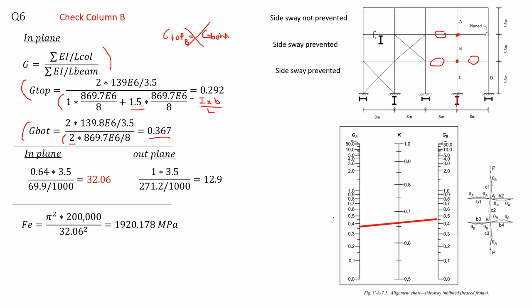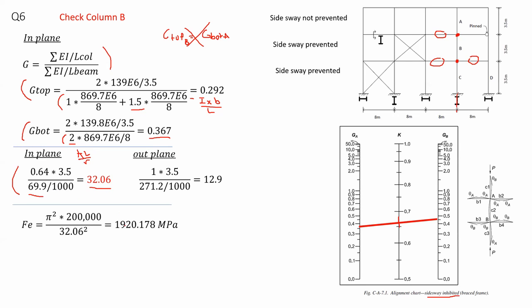Now, if we go to the alignment chart, but notice alignment chart of side sway inhibited, and plug in the values for G top and G bottom, you get your K value. Now, K value is approximately equal to 0.64. So when you substitute for the KL over R value for the in plane, since you found K value for the in plane equal to 0.64, I'm checking the in plane first, multiply it with the length of the column and divide by RY again, and divide by 1,000 for conversion,